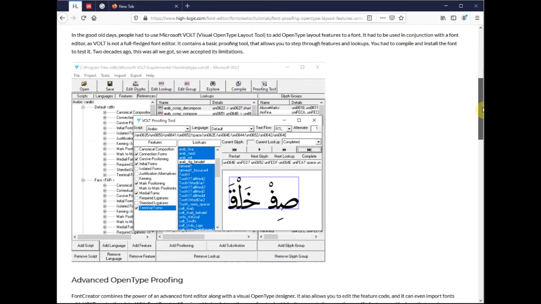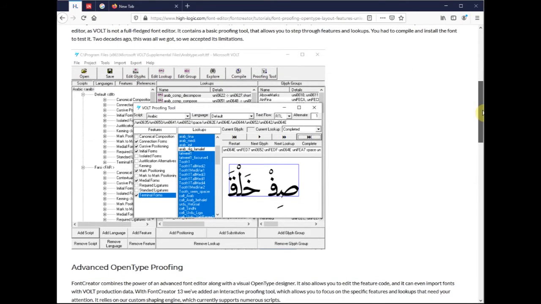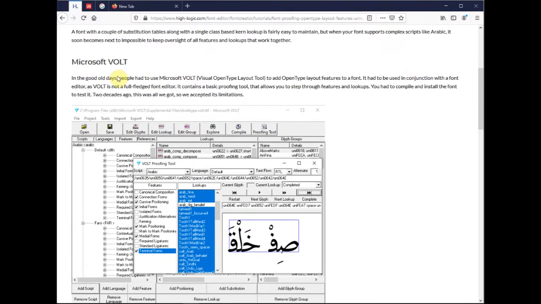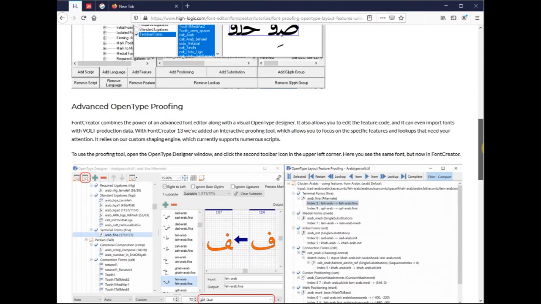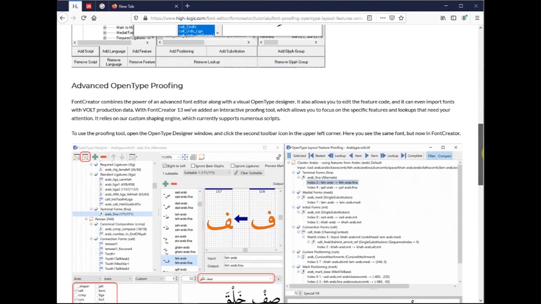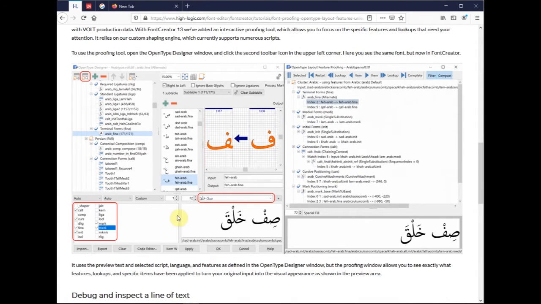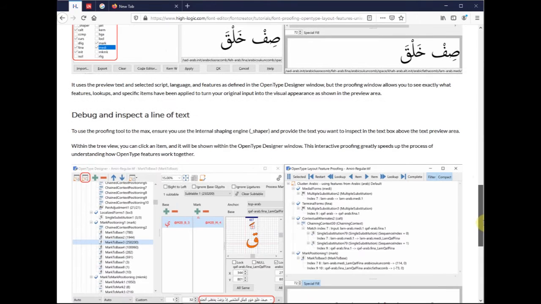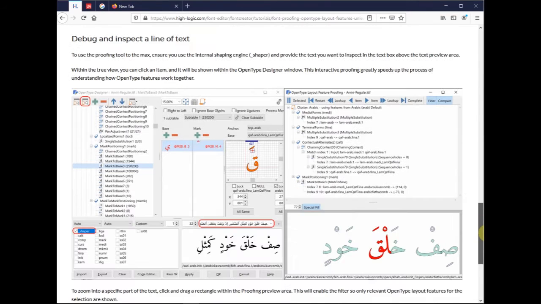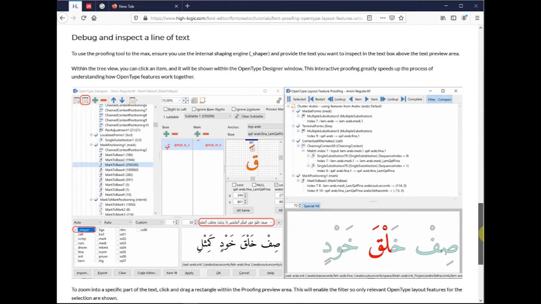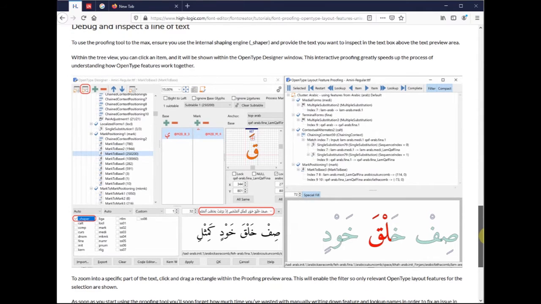If you remember, Microsoft VOLT is also an OpenType design layout tool from Microsoft. So basically they brought the same feature over here. Okay, so